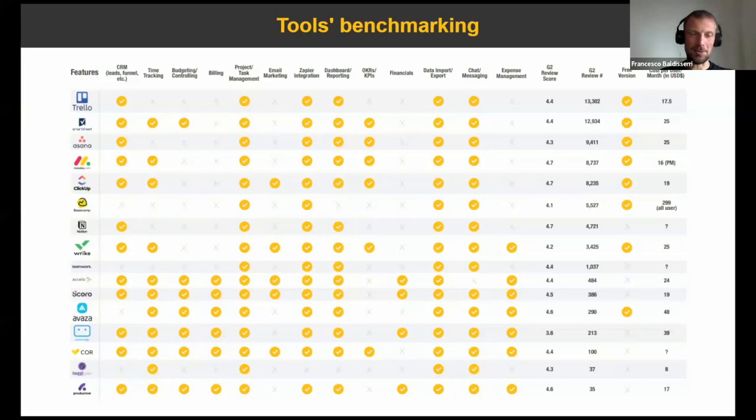And sometimes we saw that happening with some niche tools. We keep in mind price, clearly. We keep in mind the general evaluation of reviews for the tools.